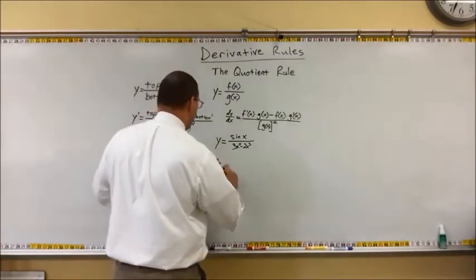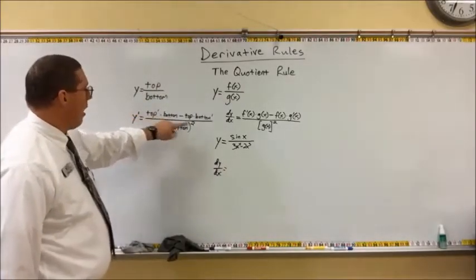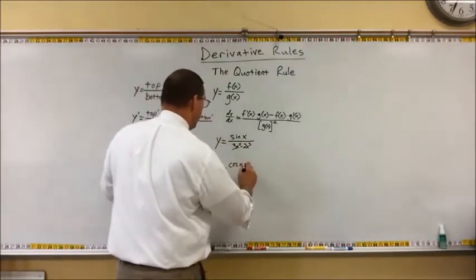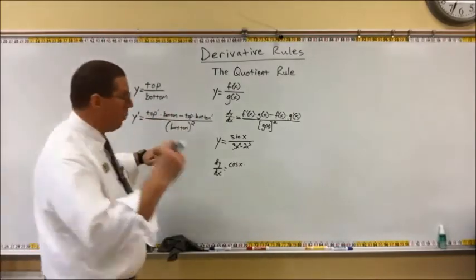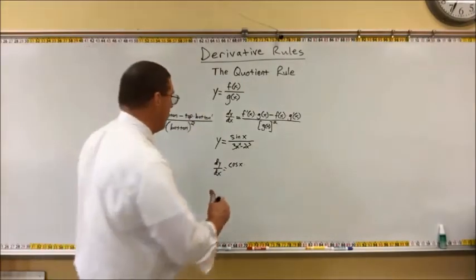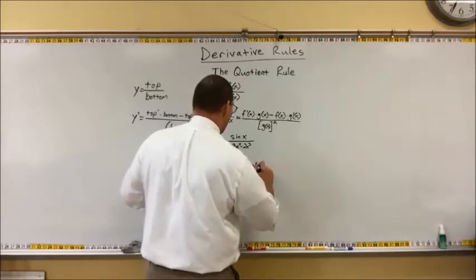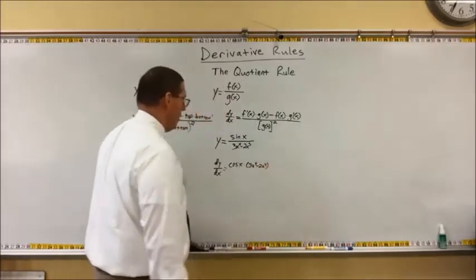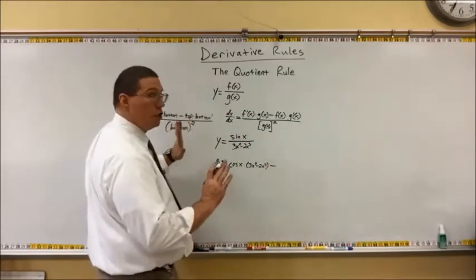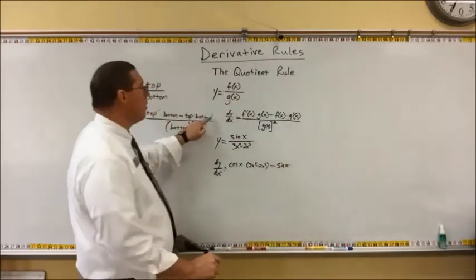Let's see, dy/dx is going to be the derivative of the top. What's the derivative of sine of x? That's cosine of x. Cosine of x times the bottom, unchanged. Now watch this. This is a binomial. I need to put it in parentheses. So times the bottom. The whole bottom is 3x to the fourth minus 2x to the third. Okay? Minus the top, unchanged, that's sine of x,